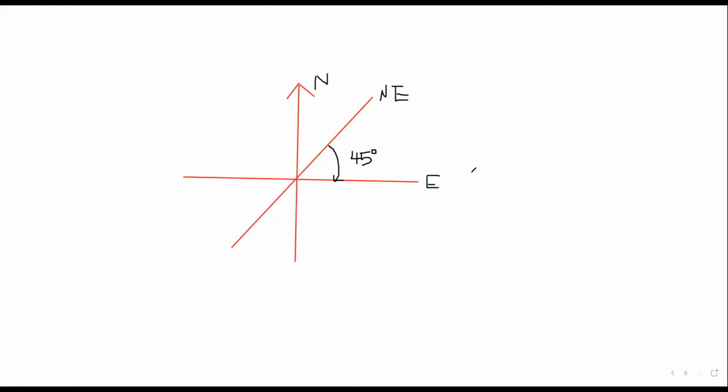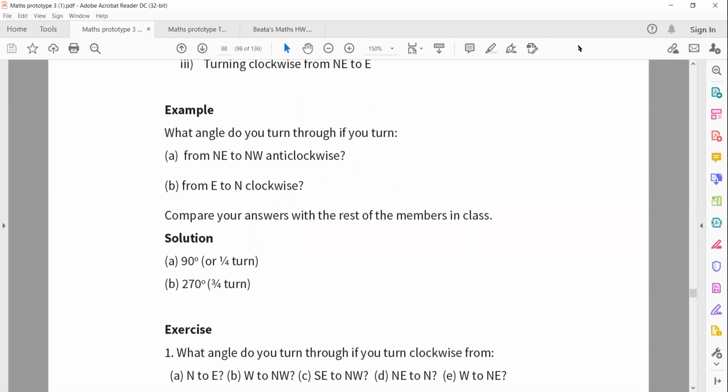That's 45 degrees. So we've seen those turns. If you are turning from one point to another, you keep turning and you need to know the sizes of those angles. We have examples following the same. So I think we can compare from those given examples from what we've been doing, and in that example, you can compare your answers.